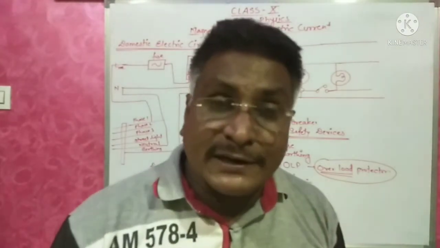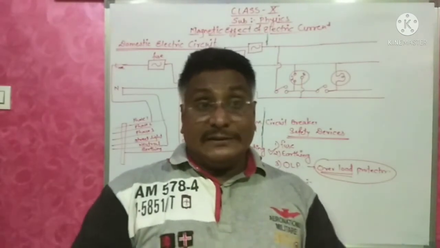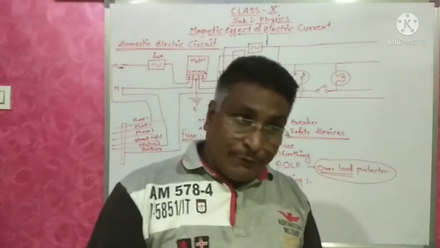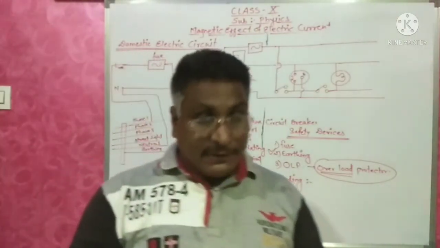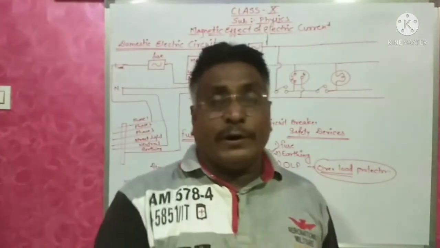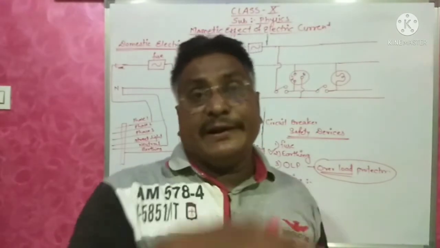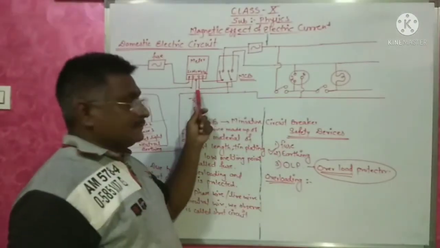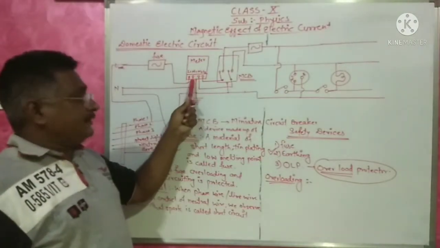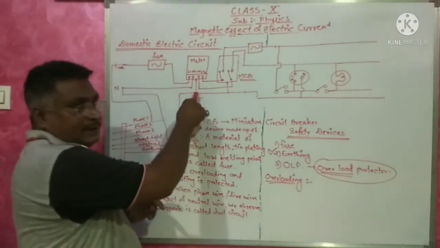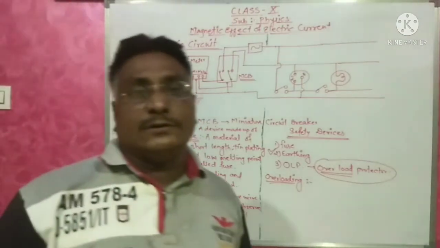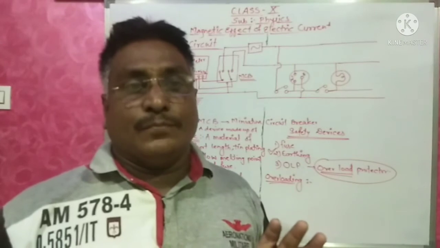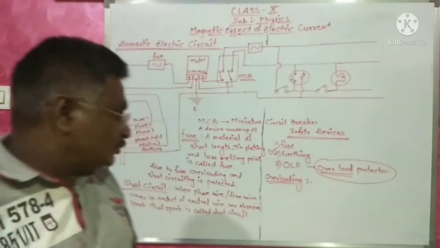Why did they get the electric shock? Because that appliance is not properly earthed. Whenever excess current is flowing in the circuit, that current flows in the body, and when we touch it, we get an electric shock. If it is properly earthed, whenever an excess amount of current flows in the circuit, that excess current will go into the earth. Means only whatever is required, that much current flows in the circuit. So it will prevent electric shock.